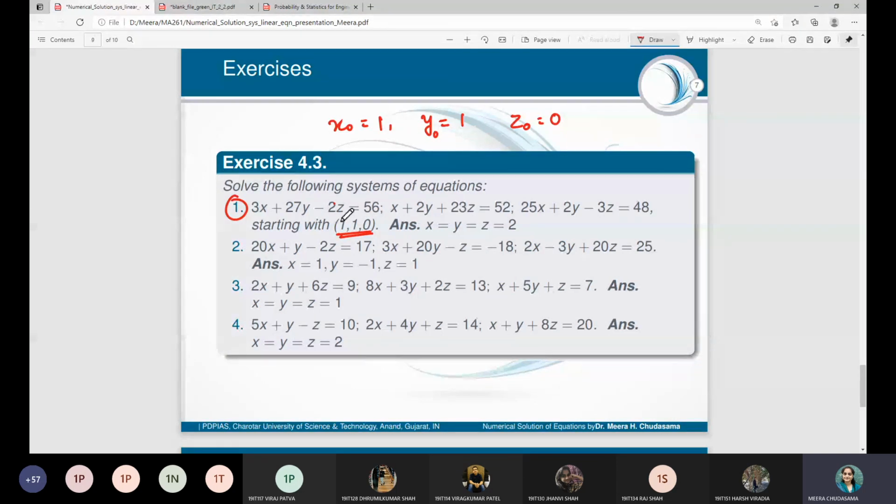larger, more in number. क्योंकि 000 से start करोगे, फिर आप 110 पे पहुंचोगे, फिर actually answer is 2, मतलब 2 के करीब पहुंचोगे, right? So in that case iterations will be more in number. But here, since it is given 110, you have to start with this initial approximation. So 110 already है, and you will arrive at 222 by considering certain iterations. So here are the examples where you can compare Gauss-Jacobi method से कितने iterations होते हैं, Gauss-Seidel method से भी कितने iterations होते हैं, right?